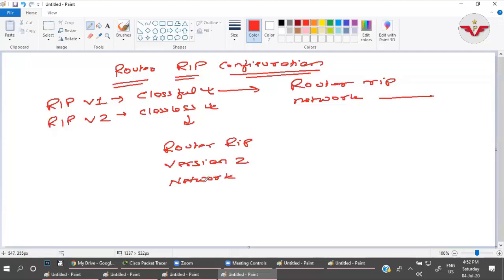Now I'm going to the practical part, and I will create a topology that will be like this.